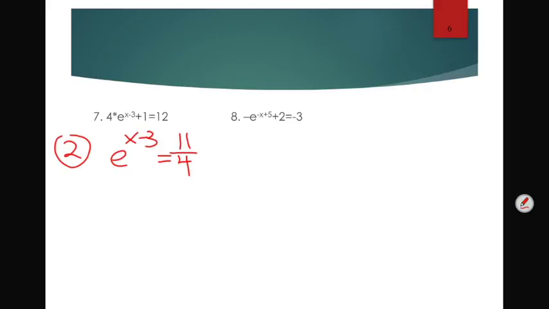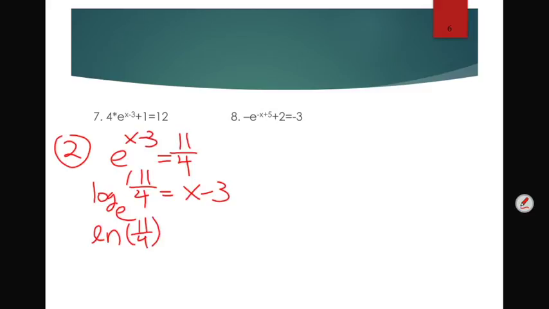Okay, so our second step, we had e to the x minus 3 equals 11 fourths. And we'll leave it as 11 fourths because that's going to give us our most exact answer. So then when we rewrite it for the second step, we'll have log of base e of 11 fourths equals x minus 3. Now I need to know, though, that log of base e is really natural log of 11 fourths